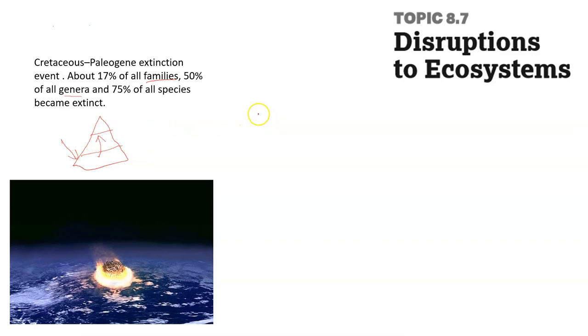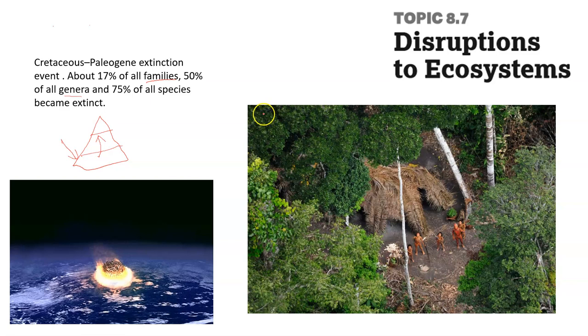Okay, so other ways in which we can disrupt ecosystems, which you've probably heard about before when talking about the famous invader Christopher Columbus. This is another example here. If you look, this is an indigenous tribe in Brazil. Much like European settlers brought to the Americas, disease. These Brazilians here are in such a situation. This is an uncontacted tribe. So if they were to make contact with us, it's likely that they might be wiped out by any of the many viruses that we carry.